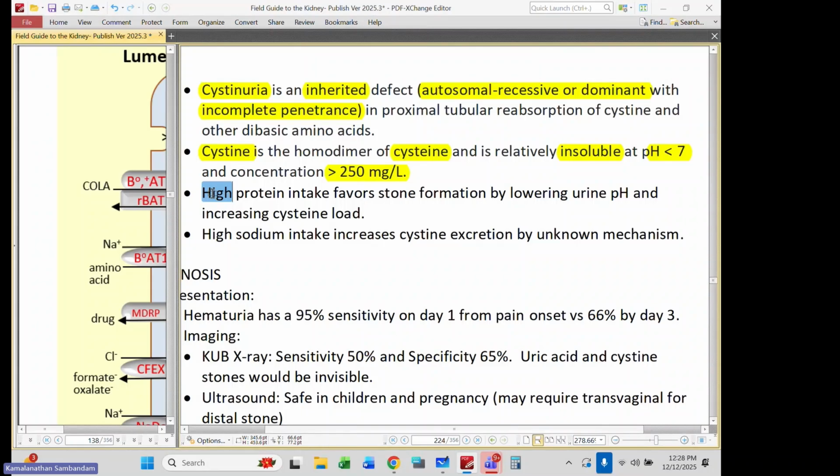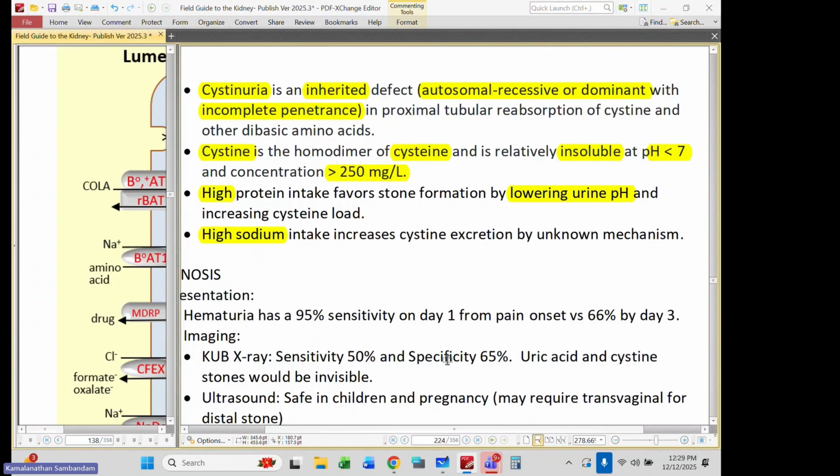Okay, so high protein intake favors cystinuria because you'll recall that animal proteins have higher content of cysteine in them. And that's one of the reasons why this disease is modified by high protein intake. That animal protein would also tend to reduce the urinary pH, make it more acidic, reducing the solubility. And